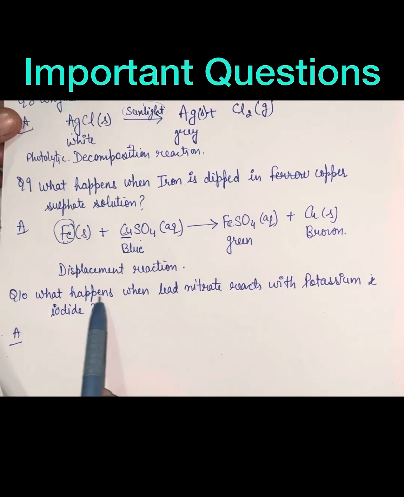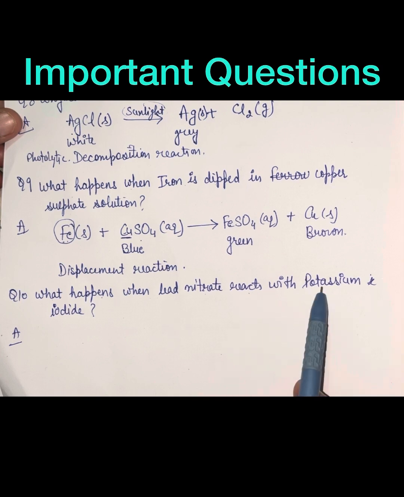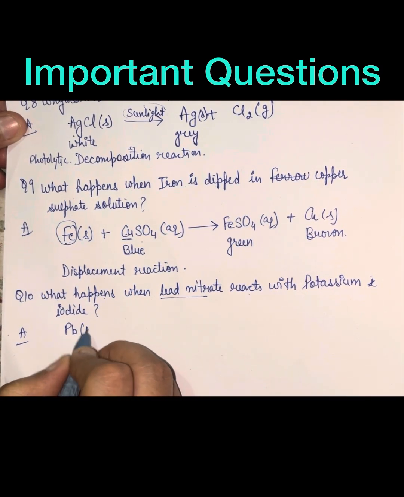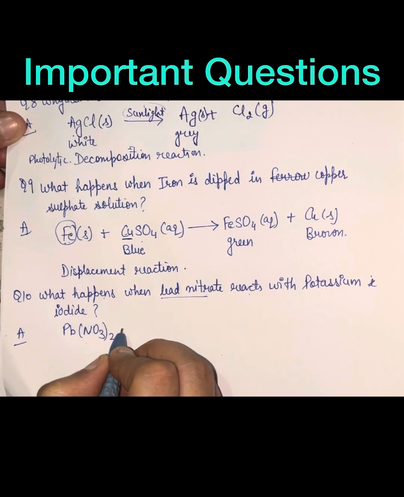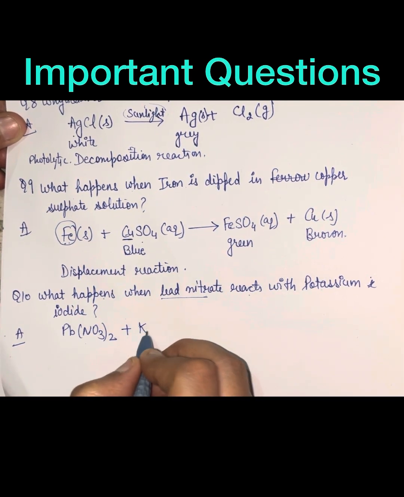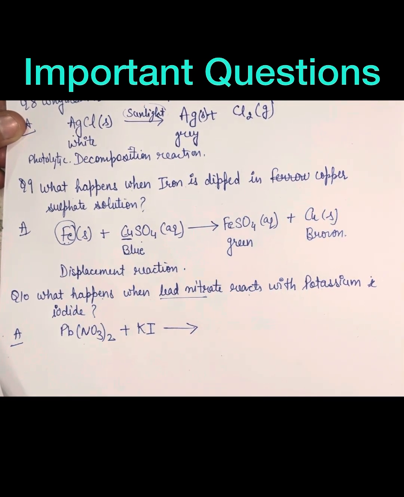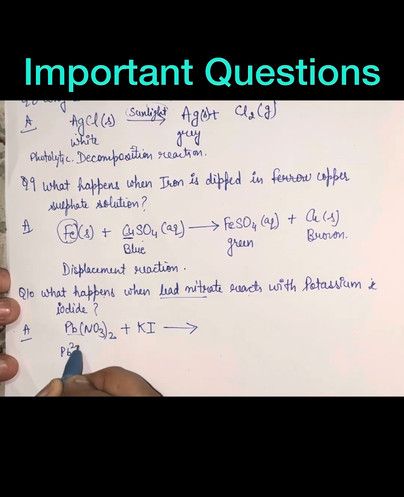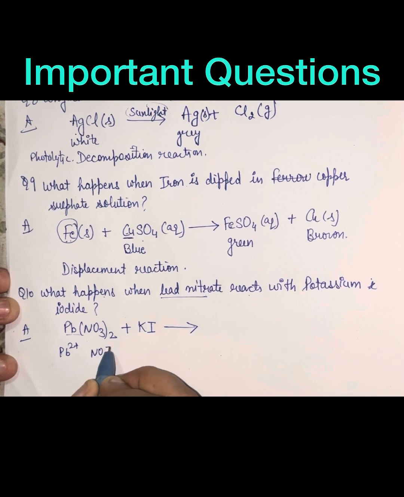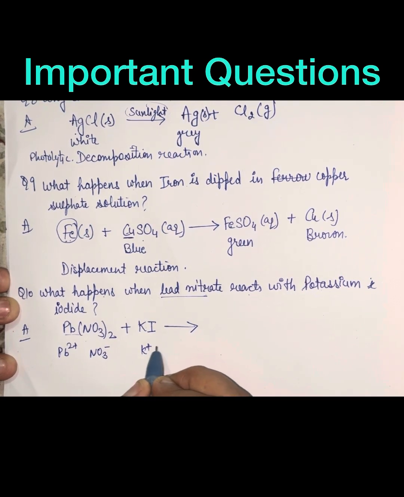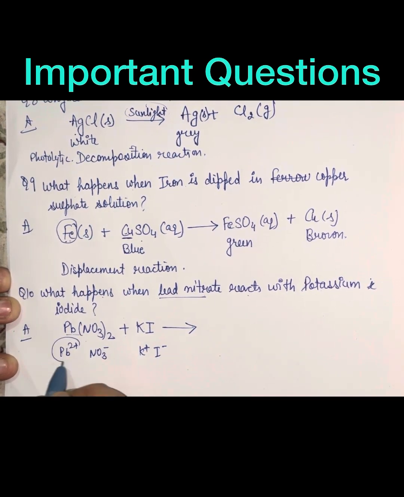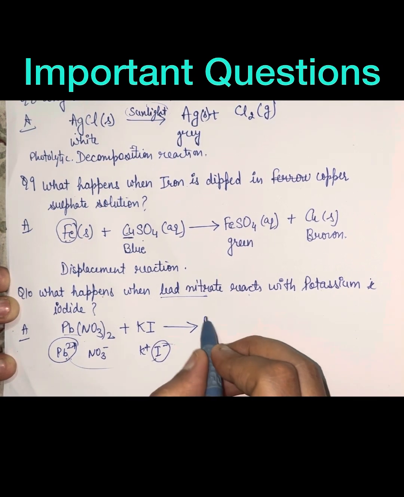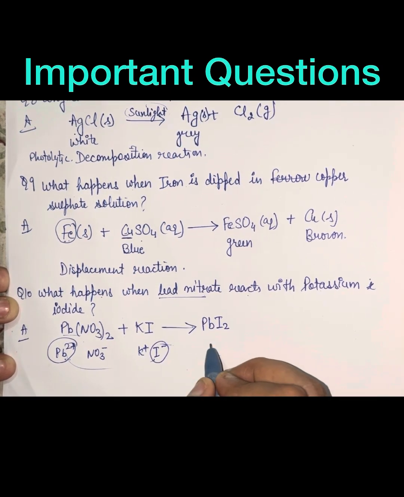Next question is: what happens when lead nitrate reacts with potassium iodide? बच्चे, lead nitrate is Pb(NO3)2 plus KI is potassium iodide. What will happen? Now look here. This Pb nitrate, Pb2 positive plus NO3 negative, and this is K positive and I negative. Positive of this will combine with negative of this, and it will lead to form PbI2, lead iodide, which is